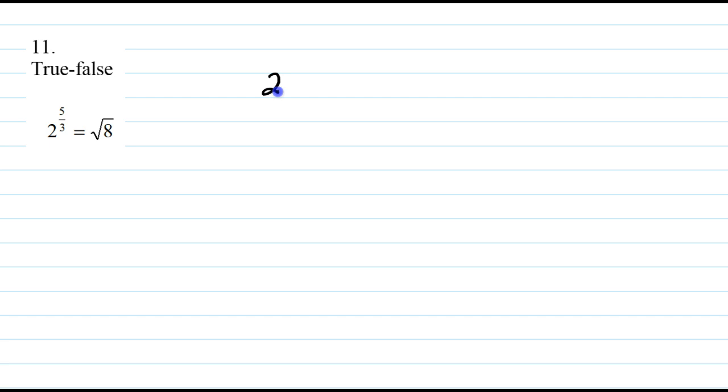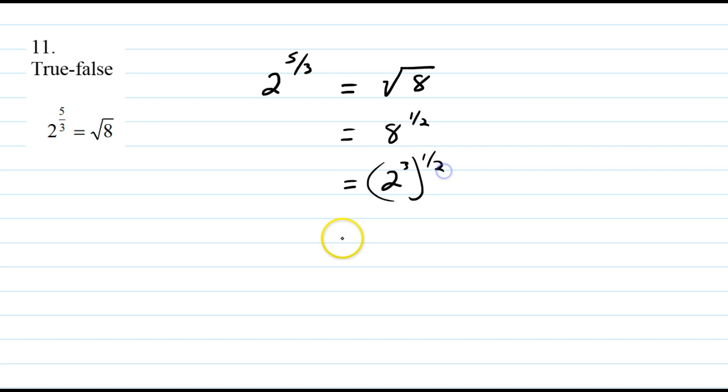Alright, so we have 2 to the 5/3. We want to see, does that equal the square root of 8? And so this becomes 8 to the 1/2. And 8 is really 2 cubed to the 1/2. So this becomes 2 to the 3/2. And so does 2 to the 3 halves equal 2 to the 5 thirds? And that would be